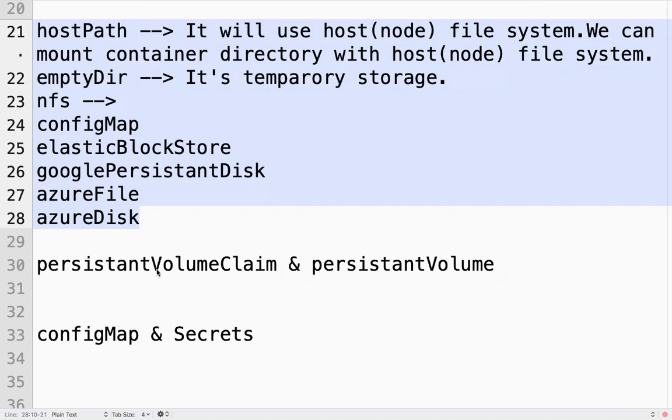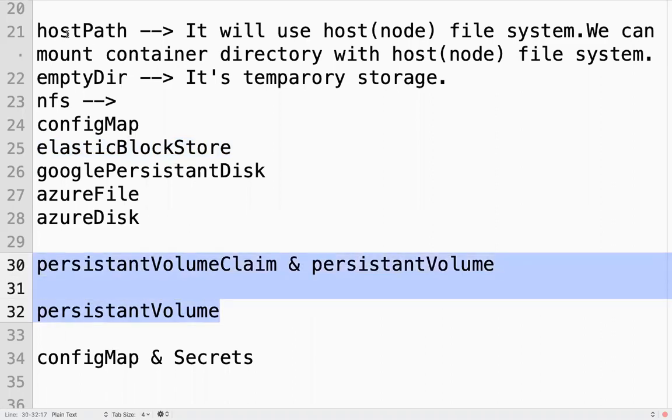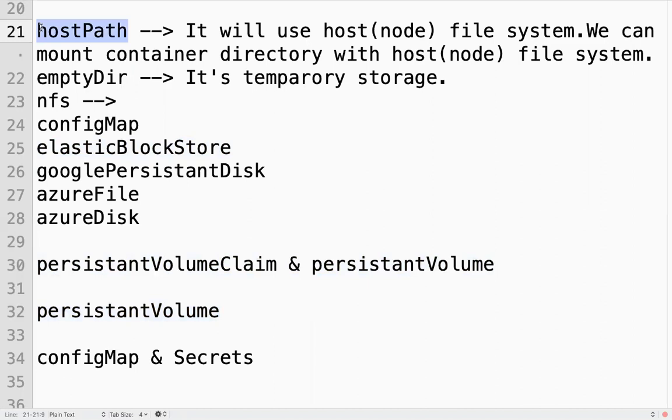In the recommended way, even though you use host path or NFS or EBS, we have to create a persistent volume. Then our pod can claim that persistent volume. We'll come to that later. First, I am going to mount these storages directly.